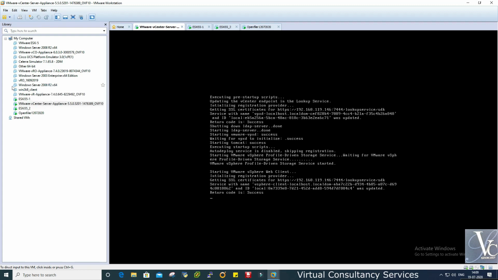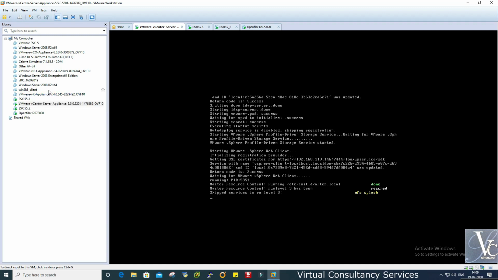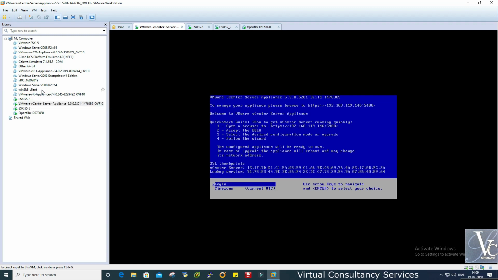Sometimes to download patches, I have to use this server through the internet, where I can download everything. It is just like a jump server, we can say. This is the vRA, vRealize Automation appliance, that I have.